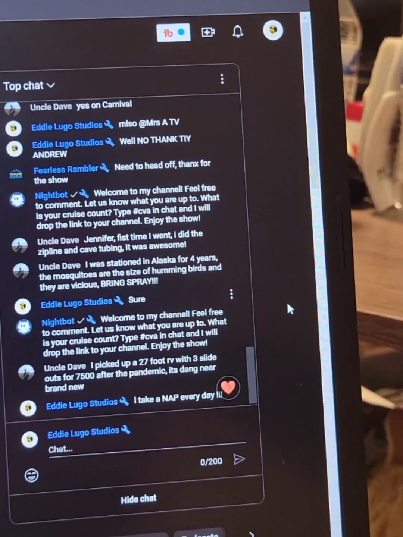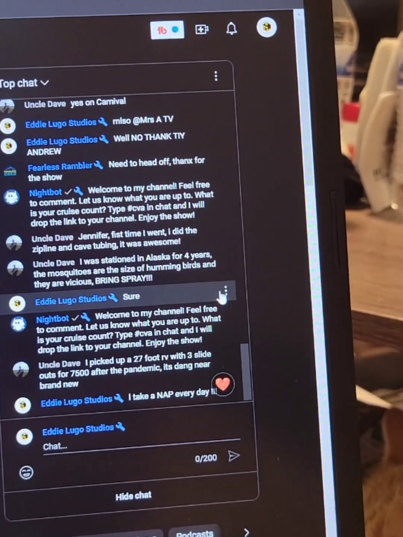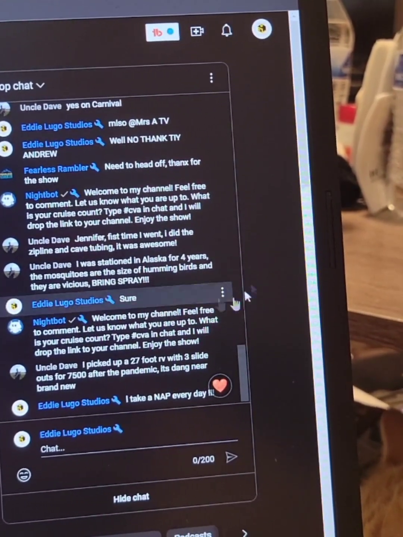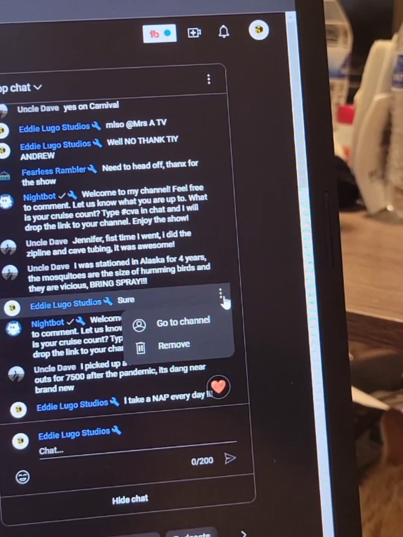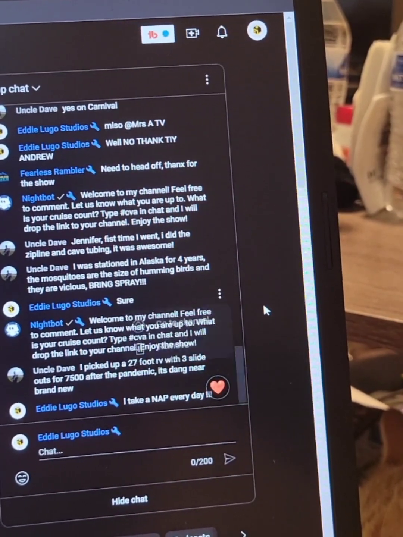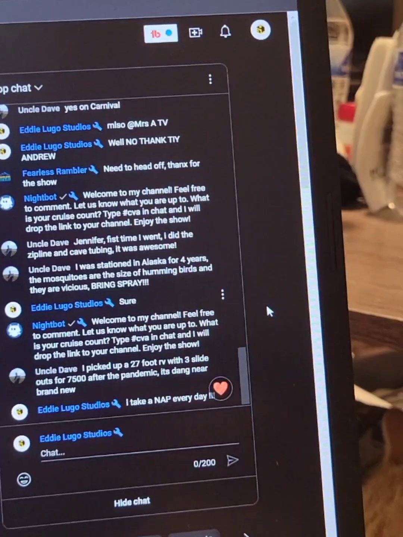Extremely easy. Even let's say you're in the chat already on a live, and you see someone that asks to be a mod, and you want them to be a mod, you hover that name, and at the end there's gonna be 3 dots. Once you hit those 3 dots, it will say go to channel, go to whatever, and then one of them is as a manager, moderator, or standard moderator. Make sure you hit standard. That's the regular moderator. You don't want to do a manager. Managing is to control your channel. So go into standard moderator, hit that,